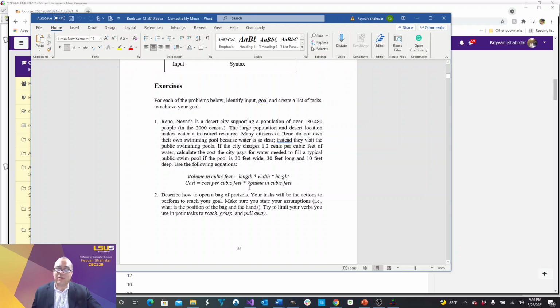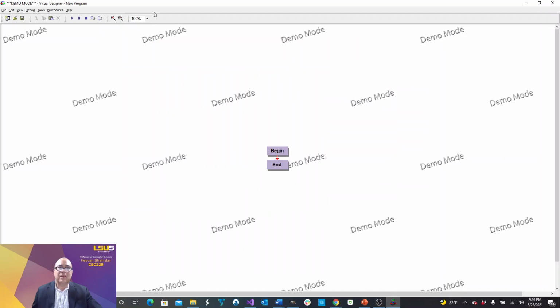One thing with Python and Visual Logic is you have reserved words, and length is a reserved word. So you have to use terms such as length of pool, width of pool, and height of pool. So let's go ahead and get started. So here,